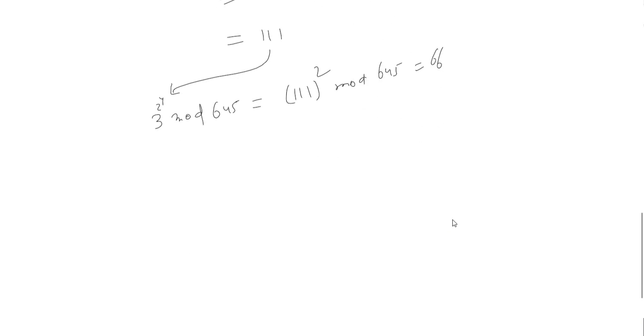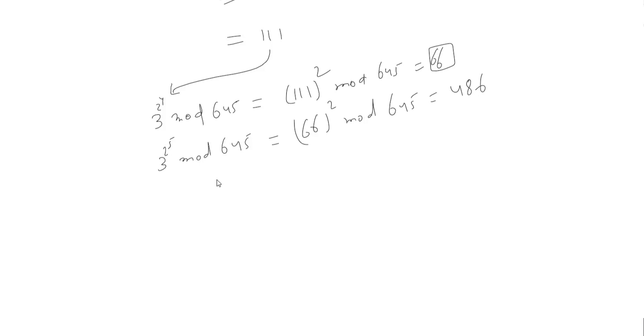Then again, if we do 3 raised power 2 raised power 5 mod 645, we'll be again using this one. Since it gave us 66 previously, this will be 66 square mod 645, and this value will be equal to